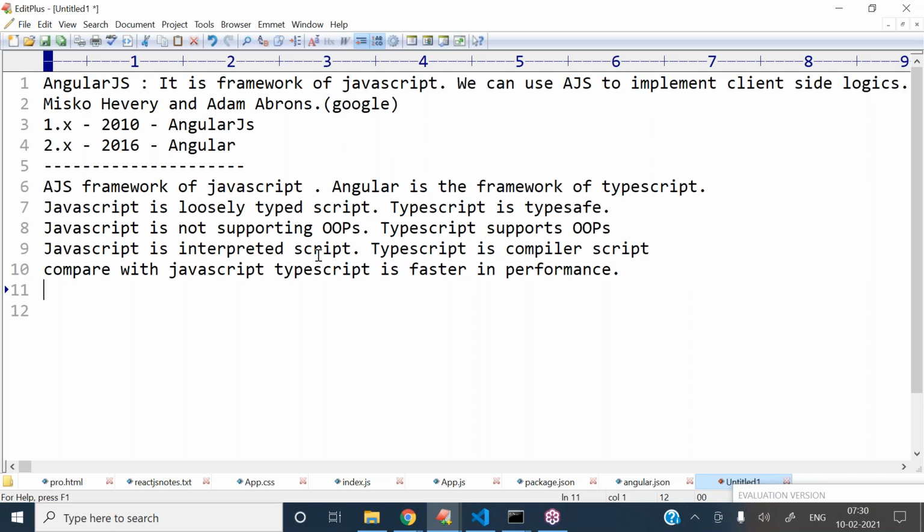If you take AngularJS, AngularJS is nothing but the framework of JavaScript. And Angular is the framework of TypeScript. That's the first point.